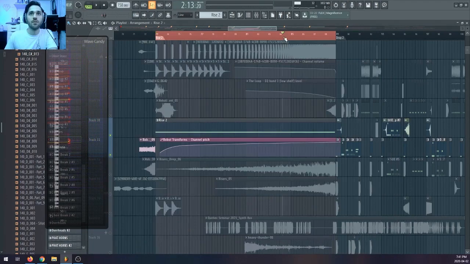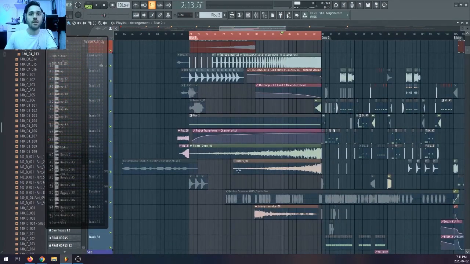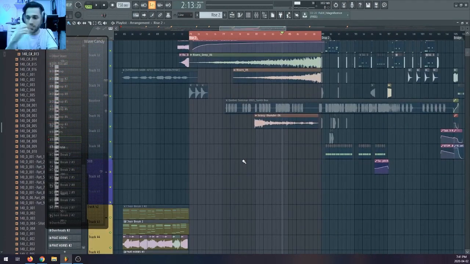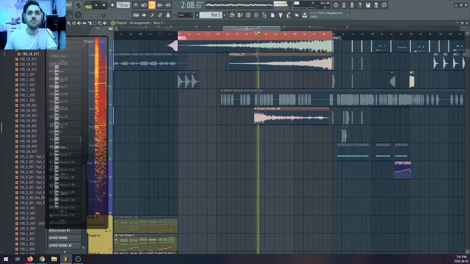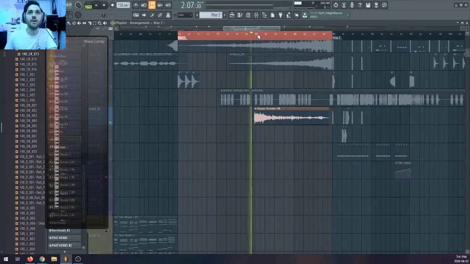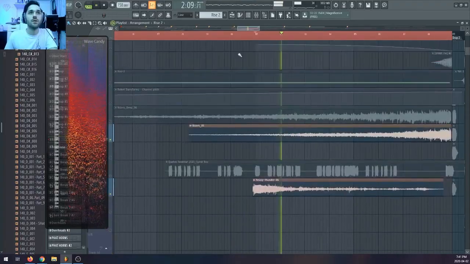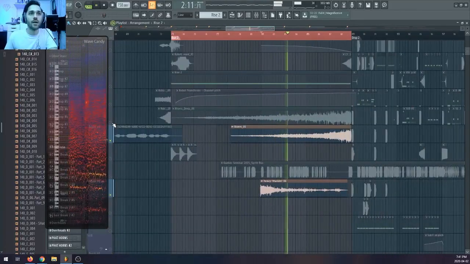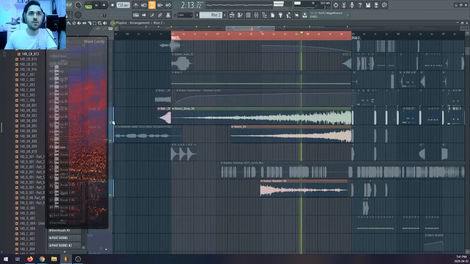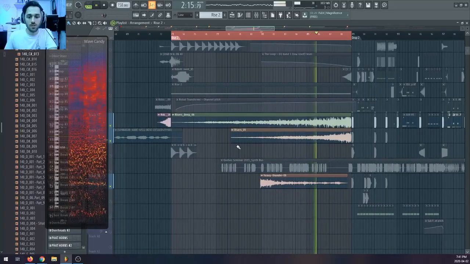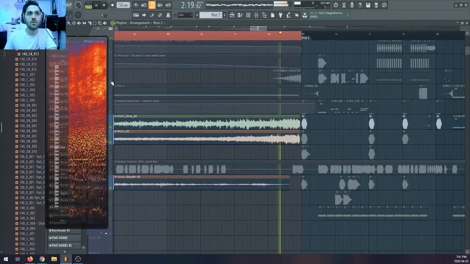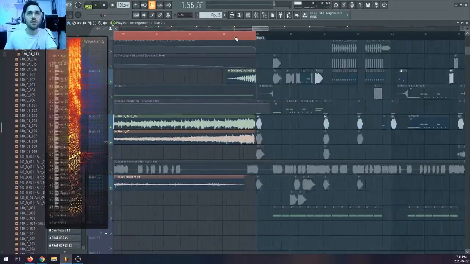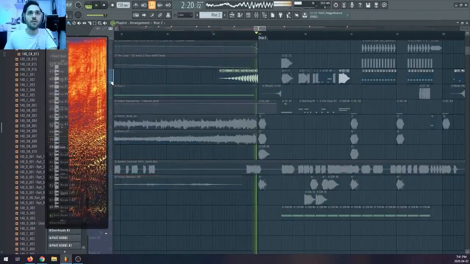Very simple. Layering, obviously, key part of making a track sound interesting. There's some thunder in there. Some other background risers. And then